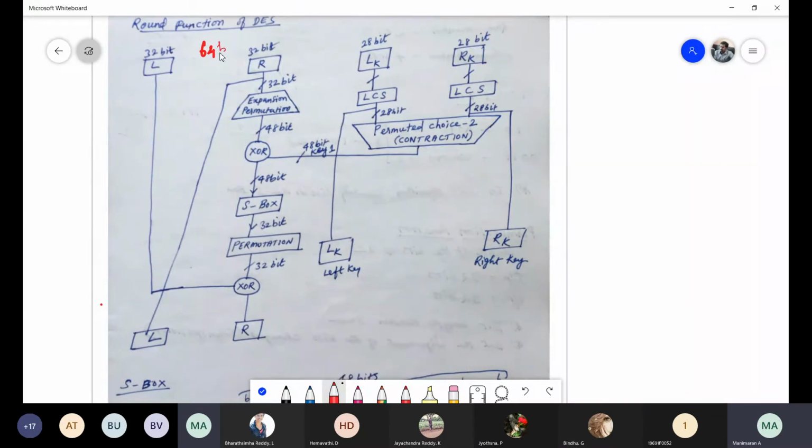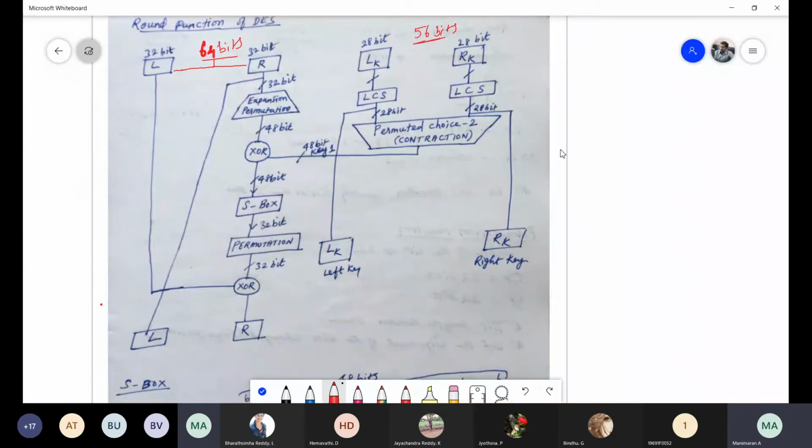These 64 bits we divide equally. Why? Because we are using the Feistel structure here. That's why we divide these 64 bits into 32 and 32: left side 32, right side 32. This is what we got in the previous slide. And the key size here is 56 bits. Remember, whatever we have seen in the previous slide, I am now explaining the continuation.